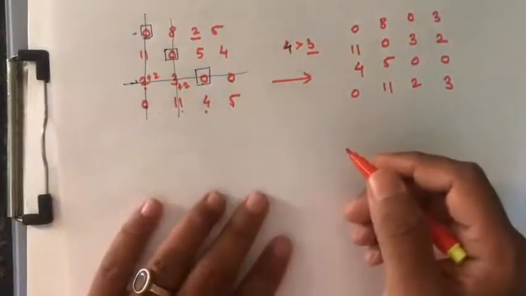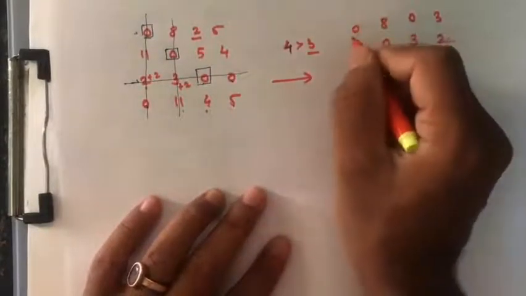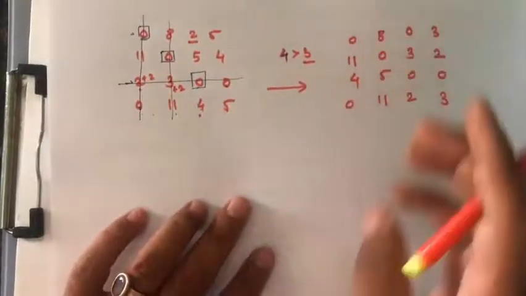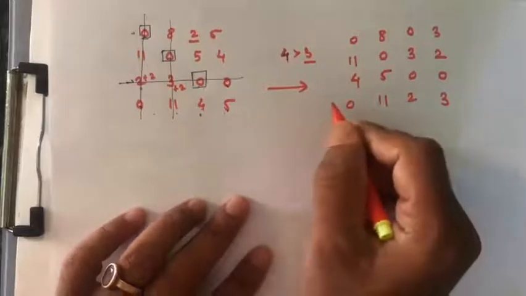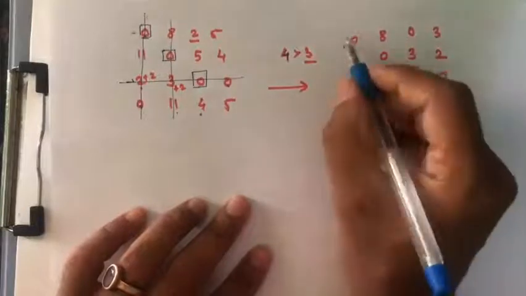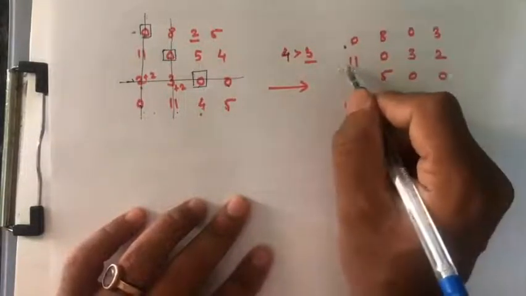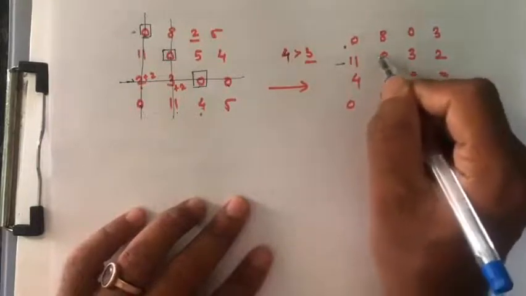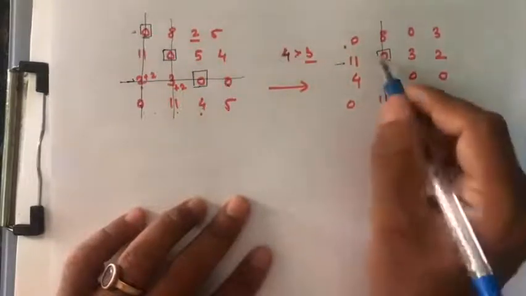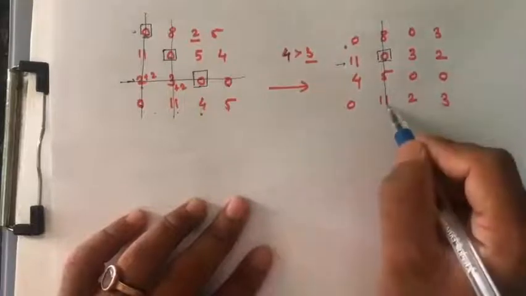Now we again go for step number 2, that is, we have to mark the lines to cover the zeros. First of all we go for the row scanning. So this is row number 1. When we check row number 1, we have 2 zeros, so I leave row number 1. After that I go for row number 2. We have only one 0 there, so I square that particular 0 and mark a vertical line, that is, cancel that particular column.